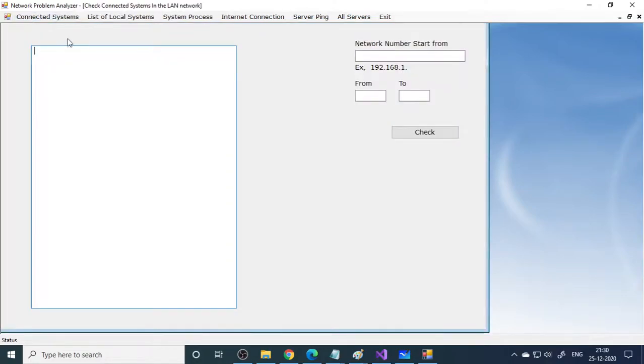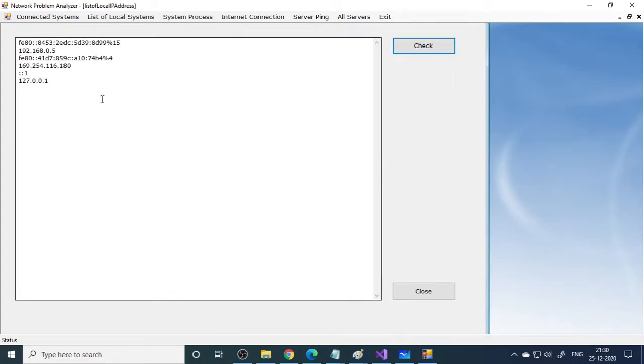So here are the connected systems. You want to check which systems are connected, 192.168. My system is presently not connected to any system, but let's check it, like 1 to 2. You need to have a network to check all these things. Okay, 0 not connected, 1 is not connected, 2 is not connected. But if you are in a network, then it'll check and show whether it's connected or not.